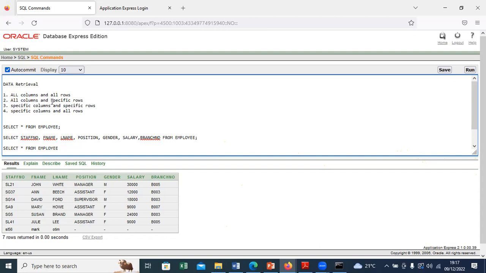but we are talking of specific rows. Whenever you talk of specific, that means there has to be some form of filtering. Filter out rows that are satisfying a given condition. So what keyword can we make use of to filter? There are various keywords you can make use of, but one of the main keywords we use for filtering is the where clause. So in this case, I only want individuals that are employed as managers. Let me say managers. I'll say where position is equal to